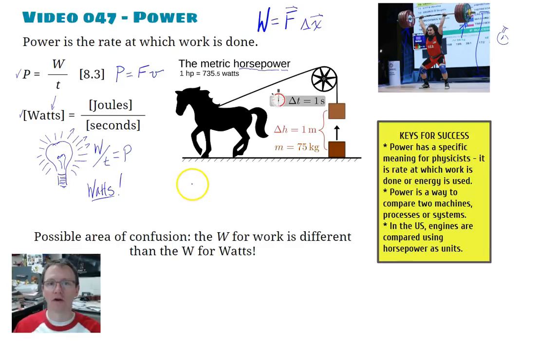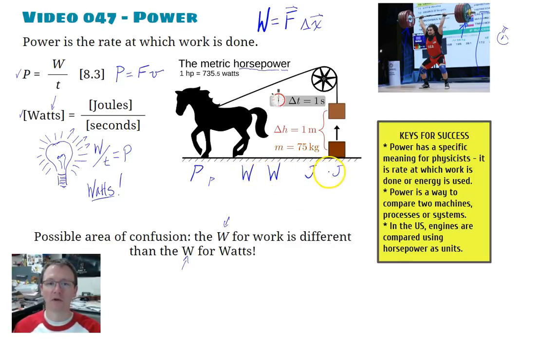There is one possible area of confusion, and we have to be careful about this as we're starting to get into an area of physics where we have a lot of variable and unit issues. So, for example, we have power, capital P, and we have momentum, little p. We have work, and we have watts. So this should be in italics, and this should be not in italics, and that's one of the reasons why I try to put things in italics like I did right there, and then compare that to the non-italics right there. And so we have to be careful about that. We have joules, and we have impulse, right?